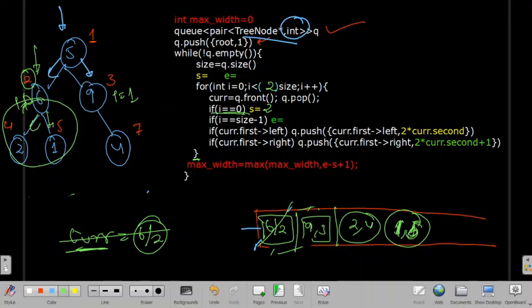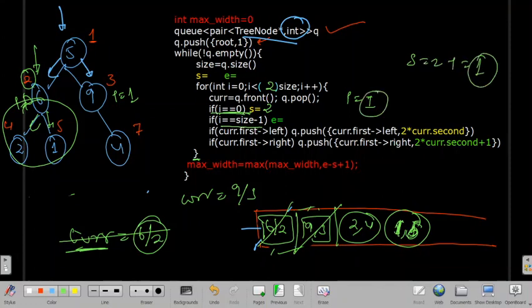Again, now my I increases by 1, so now my I will become 1. I will pop it, and again I will store it in current, that is 9 comma 3, and I'll see if I is equals to 0. No. Again I'll see if I is equals to size minus 1, because my size is 2. Size minus 1 will be 1, and I see that I is equals to size minus 1.